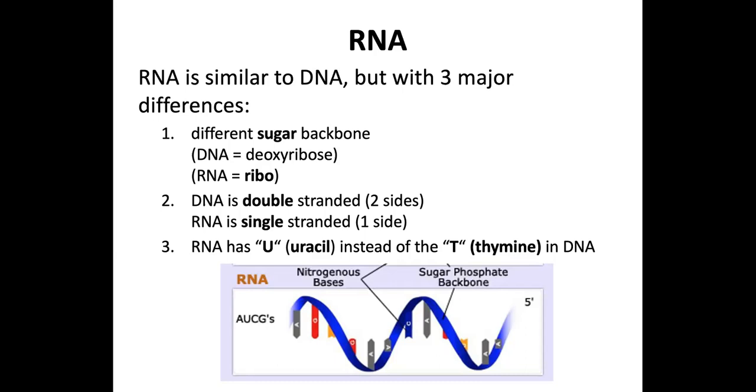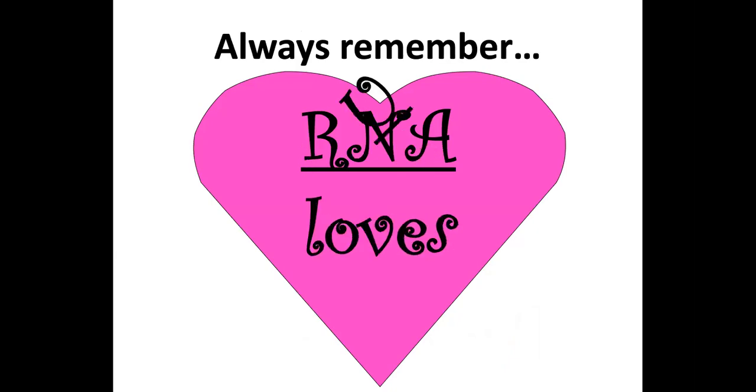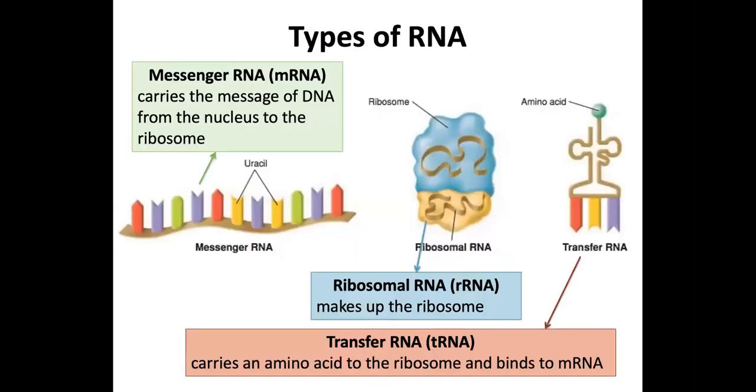All right, and the last difference is that RNA has uracil instead of thymine. Okay, so DNA is ATCG. We're not going to get into this yet, but RNA is AUCG. Okay, and I'll explain the differences on Friday. All right, so the best way to remember this is that RNA loves you. And the last piece is that there are 3 types of RNA. Like I said, we're going to talk more about this on Friday. There's mRNA, which is messenger, rRNA, ribosomal, and tRNA,